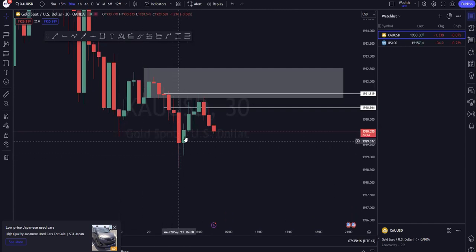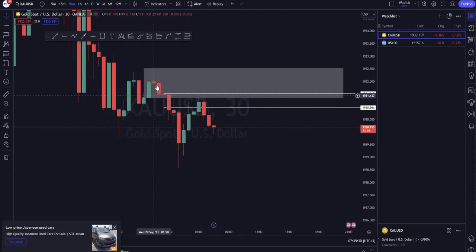When the market created a retracement, it pushed up. Here the market bounced on these two white lines representing a 15-minute order block, plus this shaded part representing the 30-minute order block. The market tested both, and I had to enter, and that was the move that you saw where I made